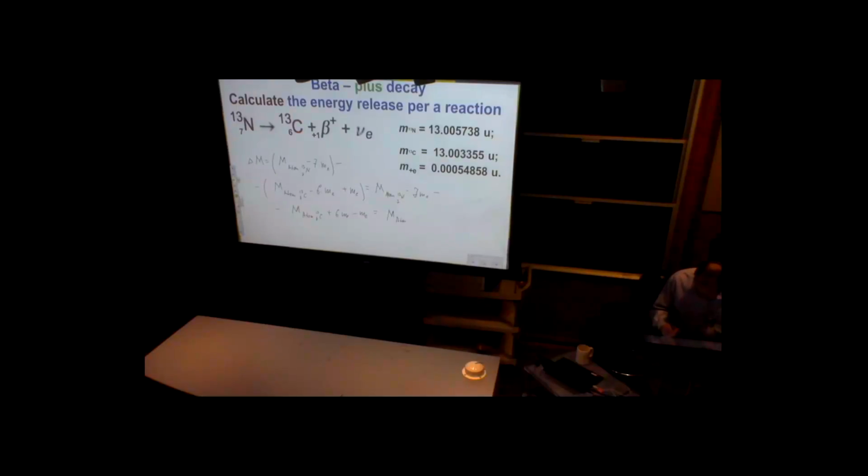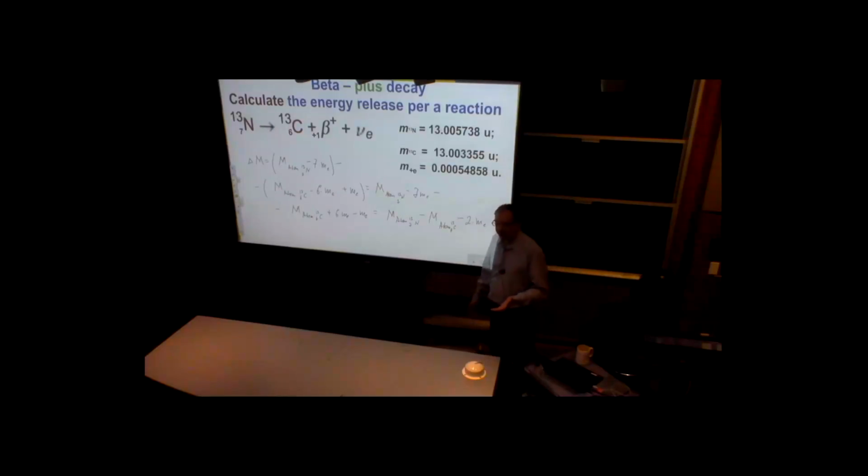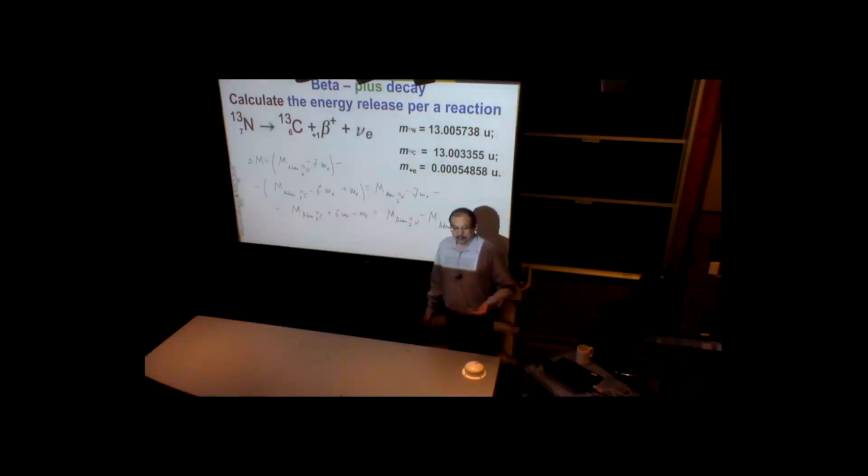Atomic minus another atomic. Now, minus 7 minus 1 plus 6, that gives left 2 electron masses, which are supposed to be subtracted. So there is a difference between different reactions. Sometimes the total number of electron masses before and after cancel each other out, sometimes not. We will see that this is the only reaction important to us